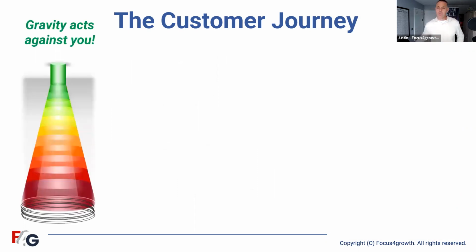So let me talk you through a slide that's really useful as an orientation to what we do and how we align it with the customer. So the customer journey and how the sales process fits. You have all seen the original sales funnel, and sales opportunities draw down through the funnel. That makes an inherent assumption that gravity works with us to pull the customer down through the funnel, and it doesn't, right? In the sales process, we're the ones that have to draw the customer up through the funnel. So we start by reversing the funnel and making the customer journey bottom to top. So we recognize the work to move it is ours, not gravity's.